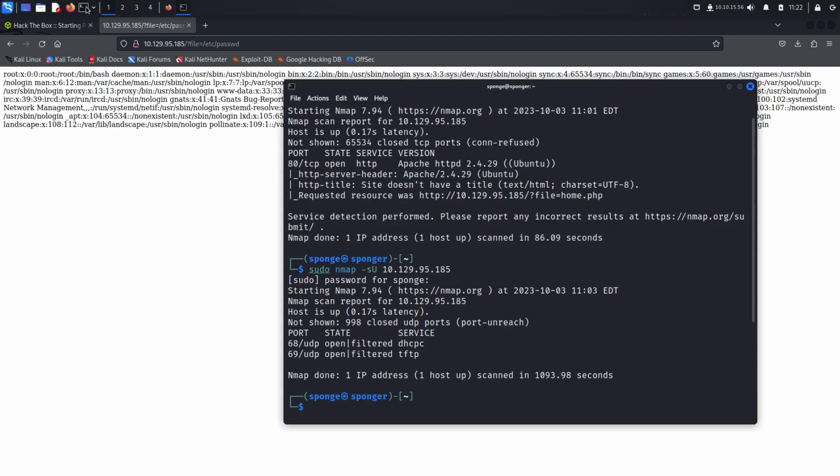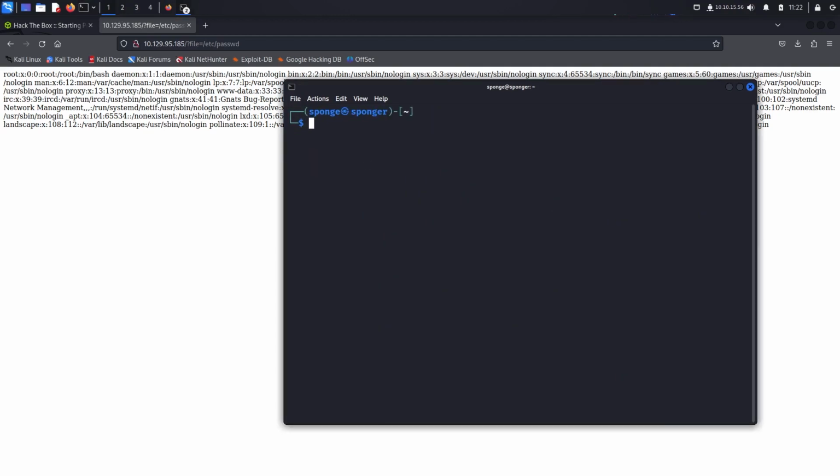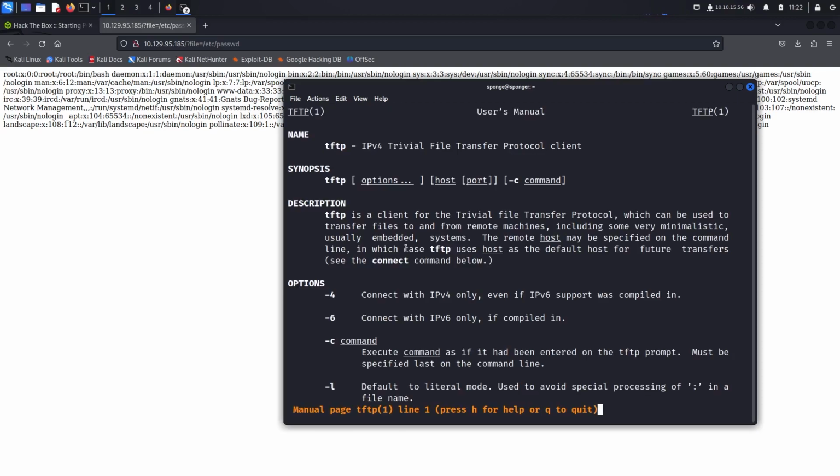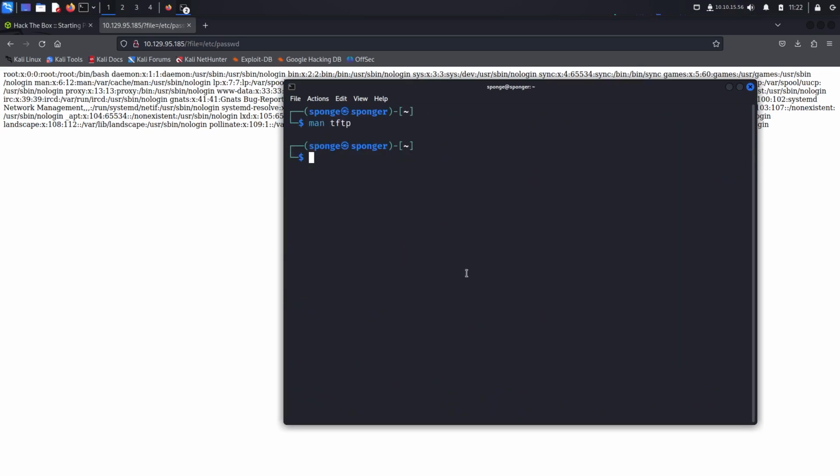To load up more details about TFTP, we can use the man pages by issuing man tftp as displayed here. Let's see if we can access it by using tftp followed by the host IP address, and voila, it didn't require any authentication at all. This could potentially enable us to upload files, so let's create a reverse shell PHP payload and then try to